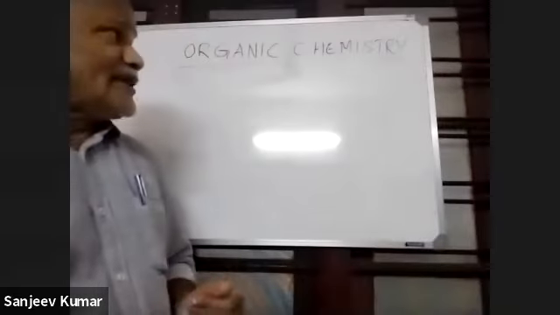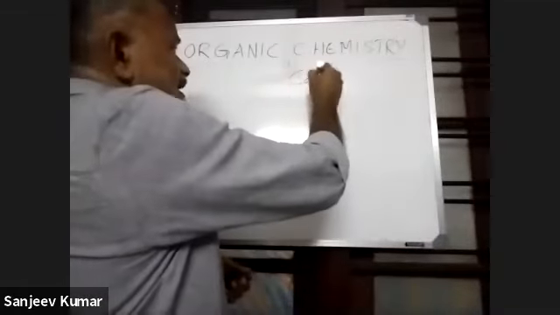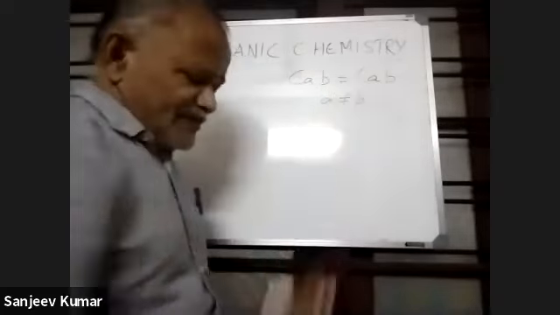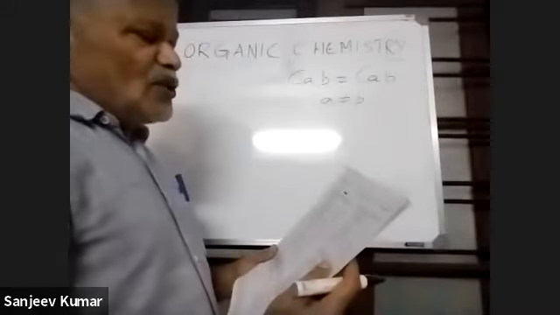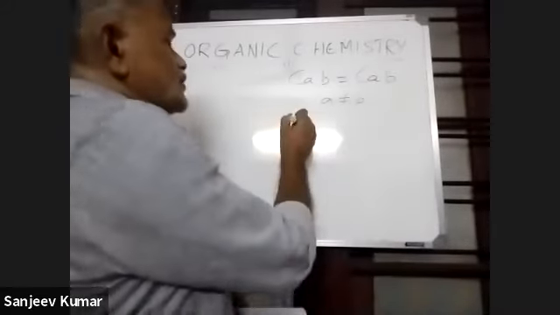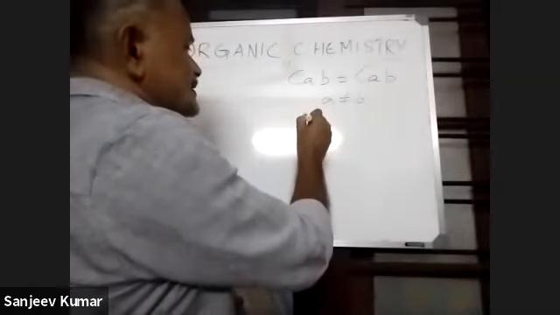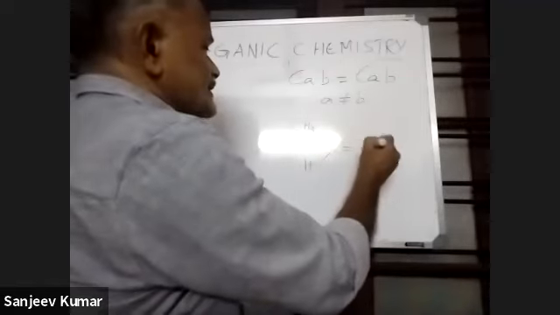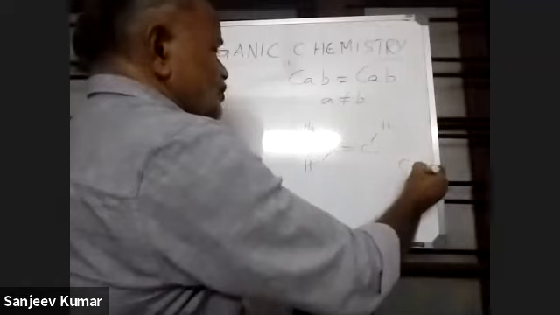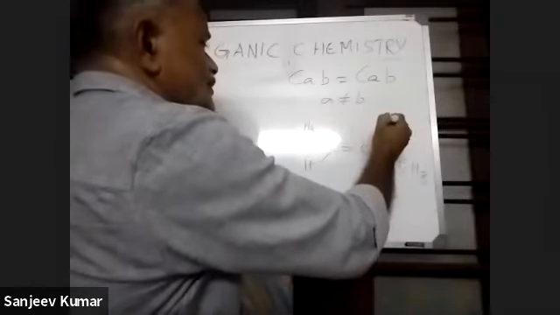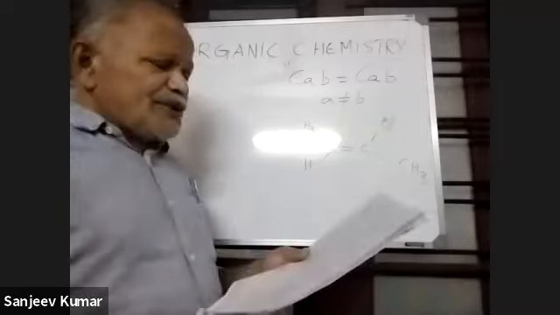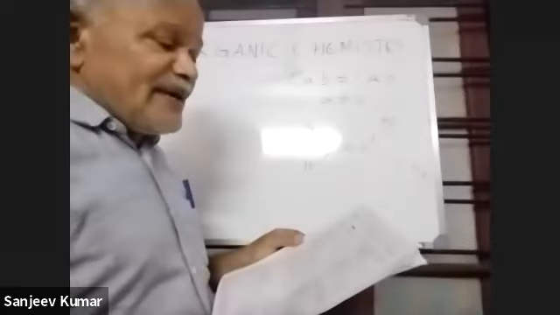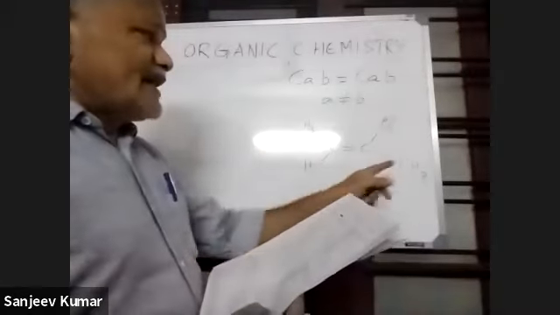For exhibiting geometrical isomerism, the formula must be CAB=CAB, where A is not equal to B. And here the choices are: 2-chlorobutene. 2-chlorobutene means CH3-CH=CH-CH3 with a chlorine, that is 2-butene, and 2-chlorobutene is this compound, and here A is not equal to B, therefore it can exhibit geometrical isomerism